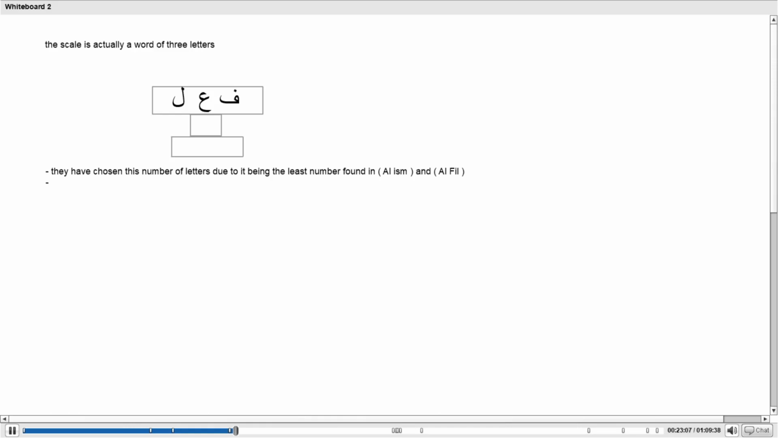So, they have chosen this number of letters due to it being the least number found in al-ism or al-fi'l. Meaning the least number of letters that can be found in al-ism or al-fi'l is 3. But you might say, so what? What's your point? If it's the least, why shouldn't we go according to the most number of letters, not the least? It says because, number 2,